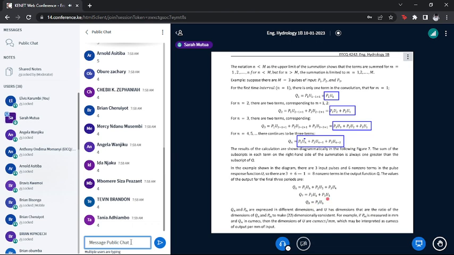So at the end of the day, you find that only one pulse will be contributing to discharge, and that is the last pulse, which is P of 3. Okay, so